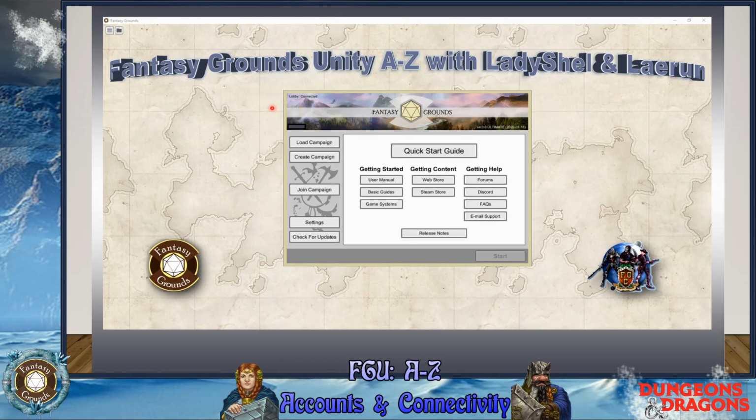No, go ahead. So this screen is what you will get after you install the demo. You want to download the demo that's going to suit your needs. In this case, we're talking about Fantasy Grounds Unity. You can also do Fantasy Grounds Classic if that's what suits your needs. Mainly, we want to have this series available and updated for new users and for people that are making the change from Classic to Unity.